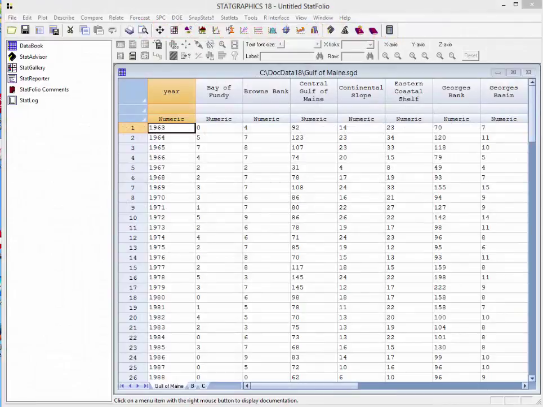As an example, I've loaded into the Statgraphics 18 datasheet a set of fish counts taken from the Gulf of Maine over a 41-year period. I wish to forecast the next 5 years for each location. I'm going to do this by forecasting one column and then using the Repeat Analysis For capability to forecast the